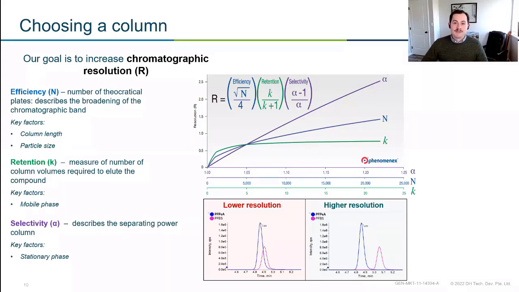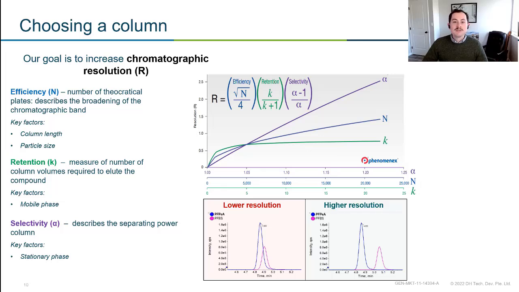Next would be retention. So retention is really controlled by your mobile phase. And that's just the amount of column volumes it's going to take for you to have your analyte of interest elute. So for LC-MS analysis and HPLC analysis, we really focus on sort of like 3 major solvents. Our aqueous, water, and methanol and acetonitrile are the next 2 common solvents that we use in terms of an organic. And they're going to affect when your compound elutes a little bit differently. So there's a little bit of wiggle room there in terms of what you choose as your mobile phase.